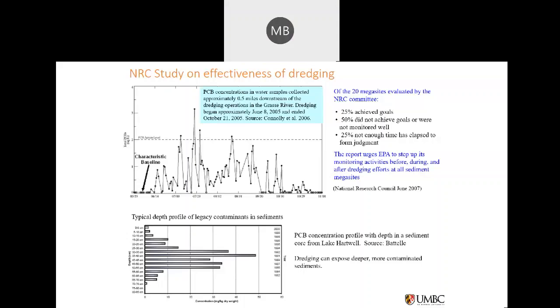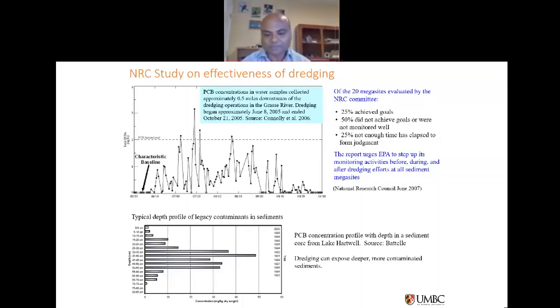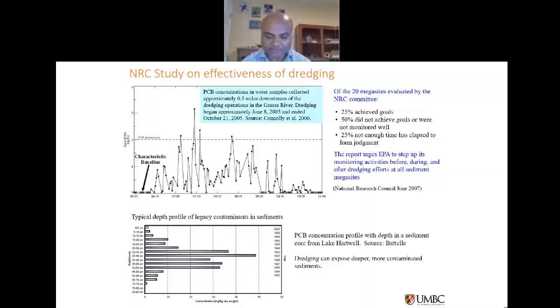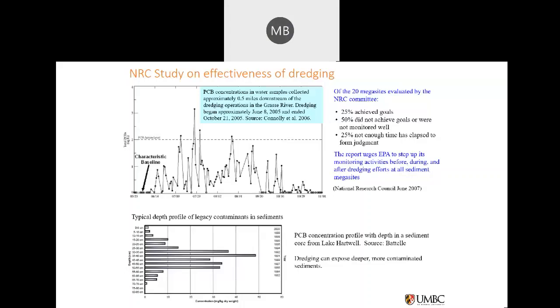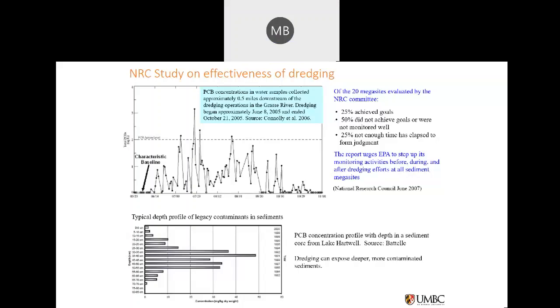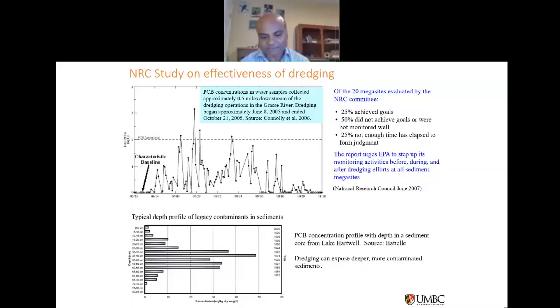So the picture on the top shows PCB concentrations in the water as a function of a dredging activity that happened over a period of time in one of the rivers in New York. And at the bottom left corner of that graph, you see the characteristic baseline concentrations, which were really low. As you start removing sediments from that water body, those levels of PCBs go up because we are stirring up old deposits of sediments with PCBs. And once the dredging stops, those water column concentrations fall back to the baseline levels. And that's been a problem with using traditional technologies to take care of contaminated sediments.